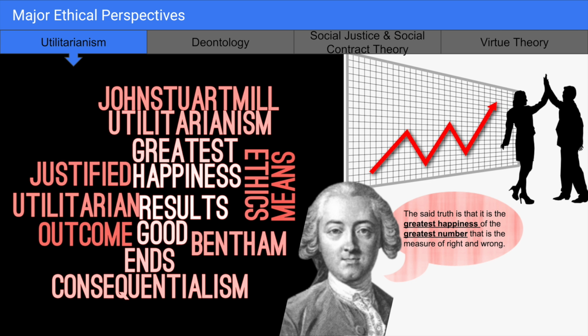Utilitarianism is an ethical perspective that is highly aligned with economics, business, and management. Utilitarianism emphasizes results, not rules. Under this theory, action is good if it maximizes happiness or pleasure throughout society or an organization. This ethical perspective holds that an action is right if and only if the sum of the utilities produced by that action is greater than the sum of the utilities of any other possible act.